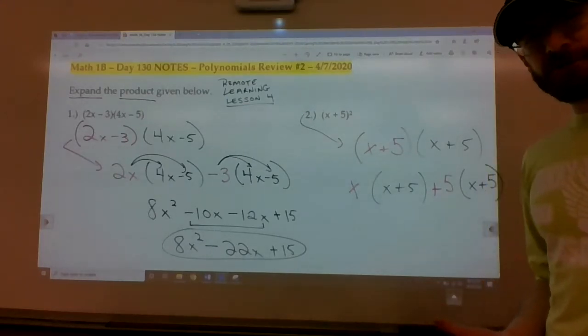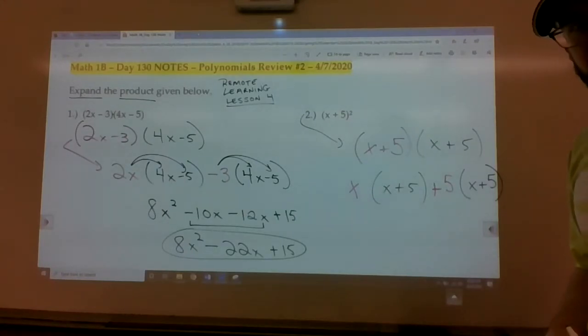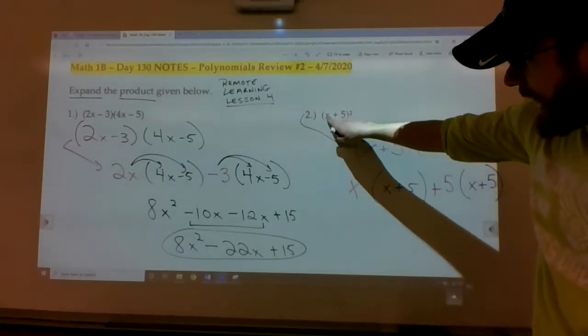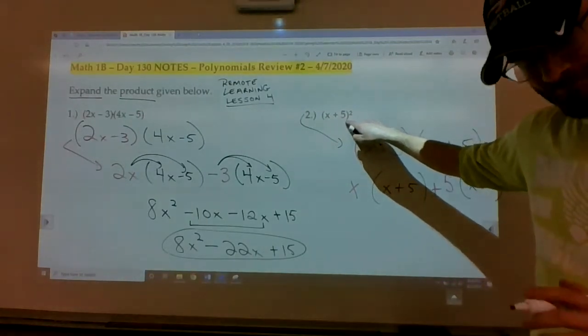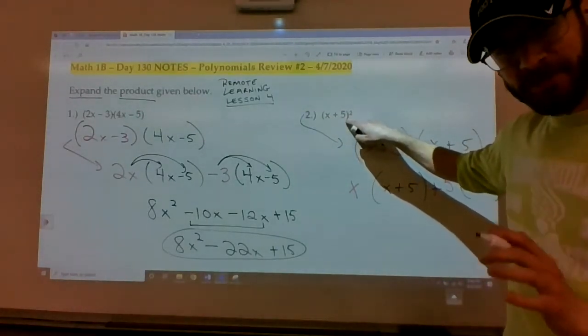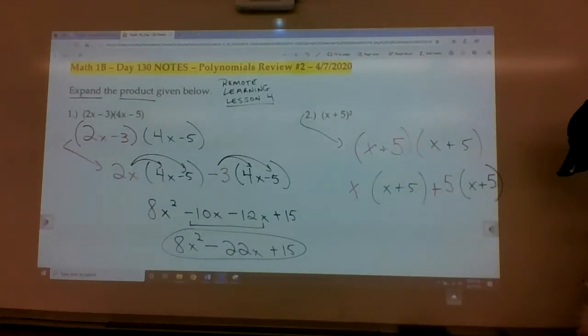So really, there's no real special case to this, except I wanted to highlight the fact that the answer is not x squared plus 5 squared. It's not x squared plus 25. It's going to be, excuse me,